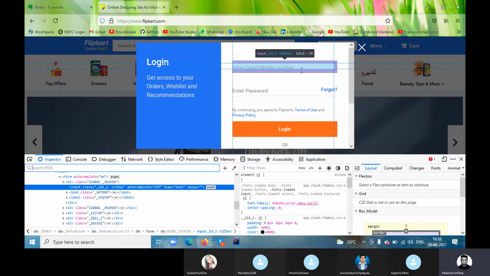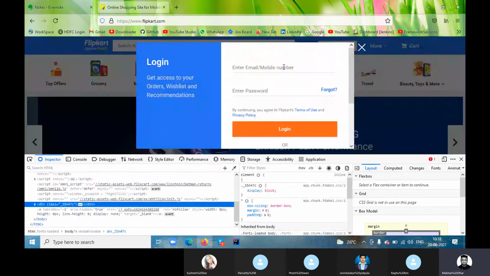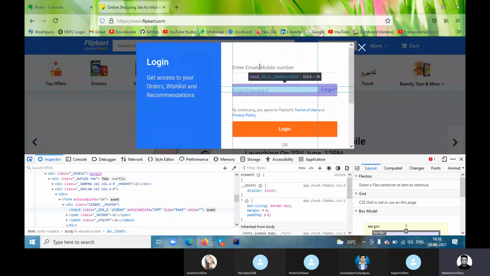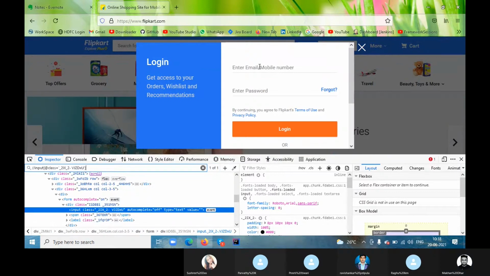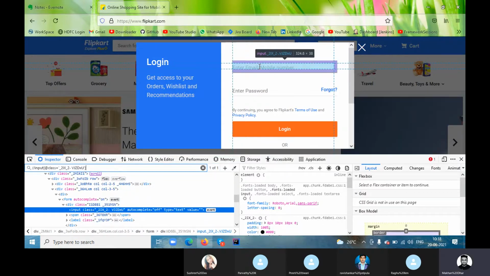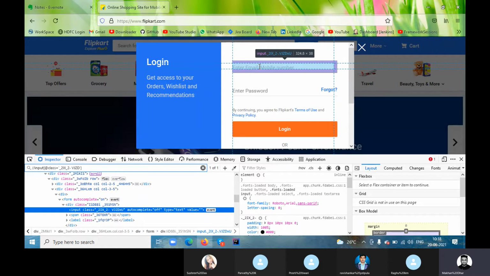Now I just cut it, and for example, I cancel it. Again I click on this and inspect. Now I did Control F, and I'm pasting. Now I'm getting one of one, right? If I make any mistake, I'm getting no match.